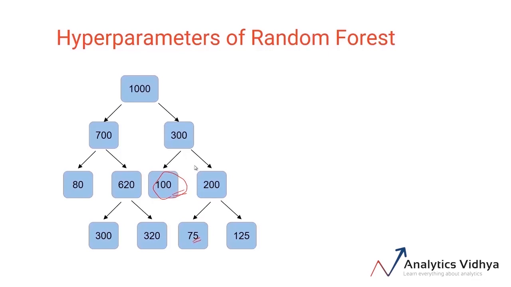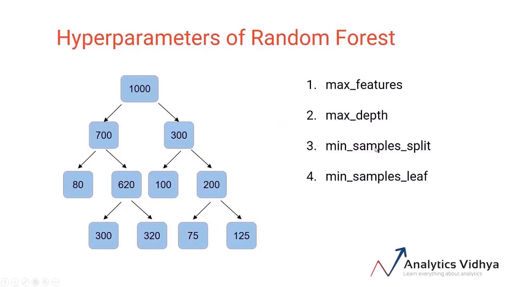Another condition that we can set is the number of samples in the leaf node. So if I say that the split can happen only when after the split the number of samples in the leaf node comes out to be more than 85, then in that case this will be an invalid split, since after the split the number of samples is only 80. This split is valid, so is this, and this split will not take place. Instead, if my criteria was that the number of samples in the leaf node after split should be 50, then this is a valid split and even this split is valid. So these are two other criteria that we can tune: the minimum number of samples in the split and minimum samples in leaf.